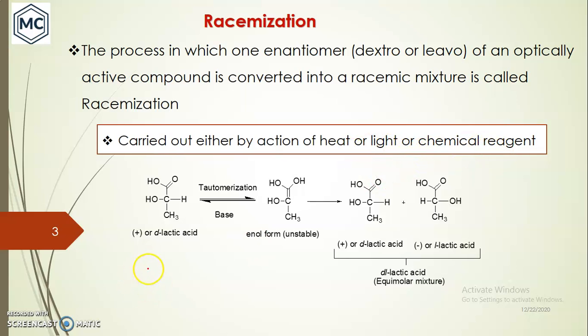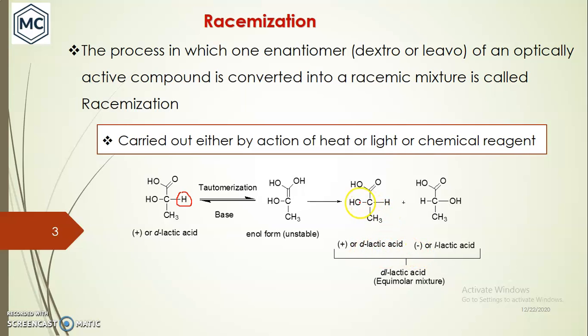For example, here I have shown dextrorotatory lactic acid, that is D or plus, usually shown with a small letter d. This means that it is dextrorotatory, and in the presence of base it undergoes tautomerism, that is, this hydrogen gets abstracted and it becomes enolized, then this hydrogen goes to this oxygen atom and it forms an enol form, and this enol form is usually unstable, and this enol form can yield a mixture of